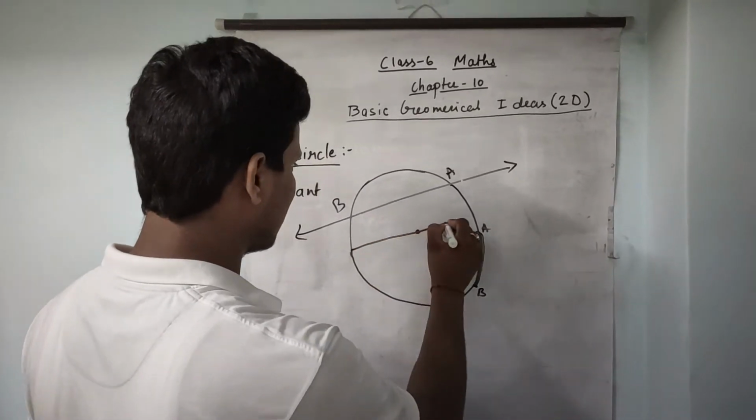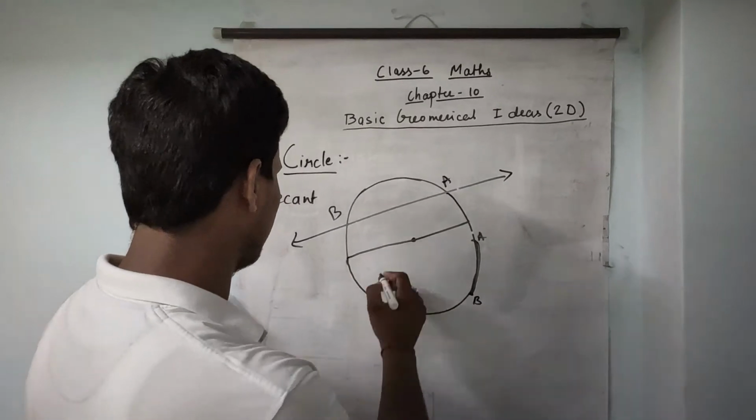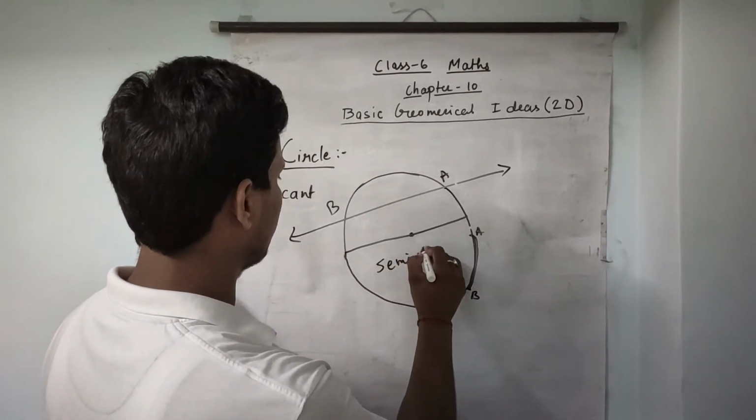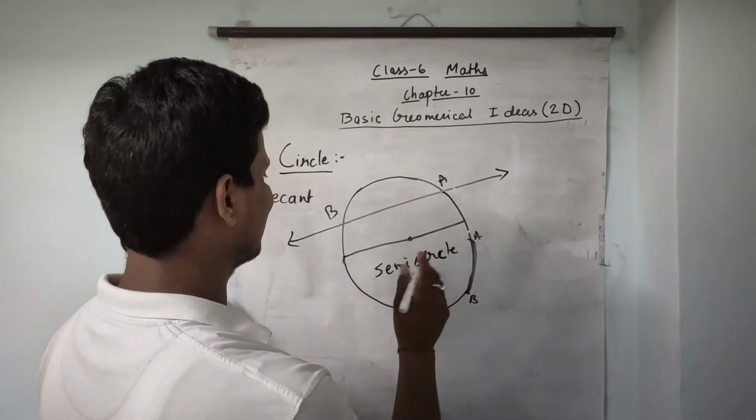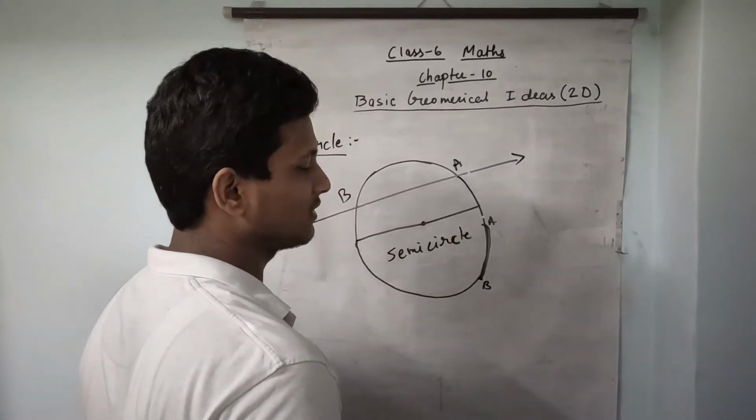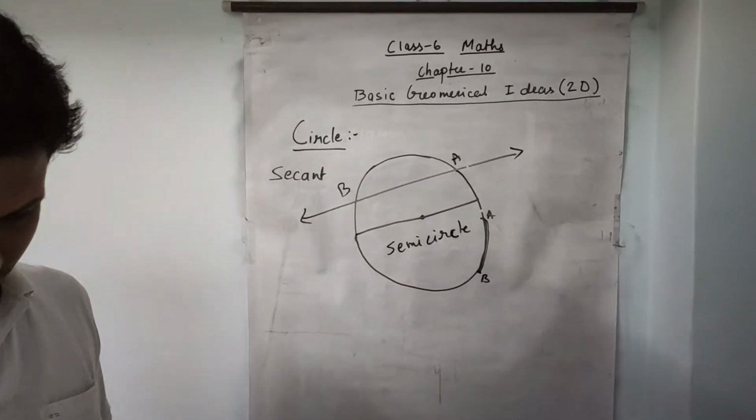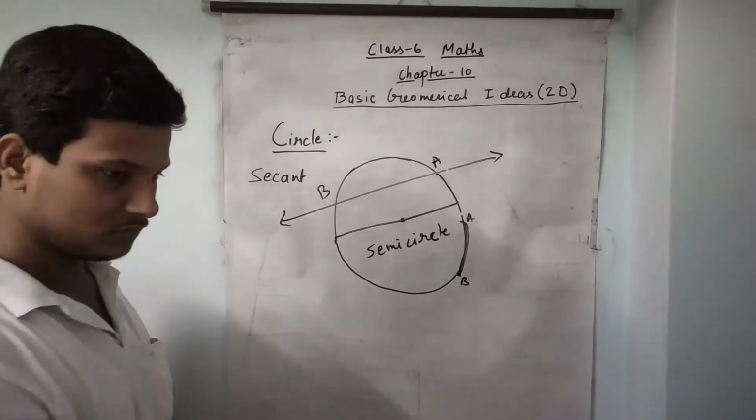The diameter divides the circle into 2 equal parts, and each part is called a semicircle. Semicircle means this part is exactly half of the circle and this part is again exactly half of the circle. So these 2 parts are called semicircles of the circle. Okay. Next,